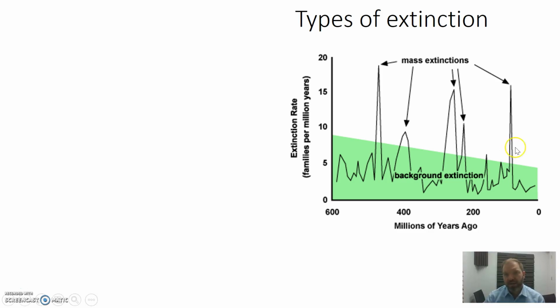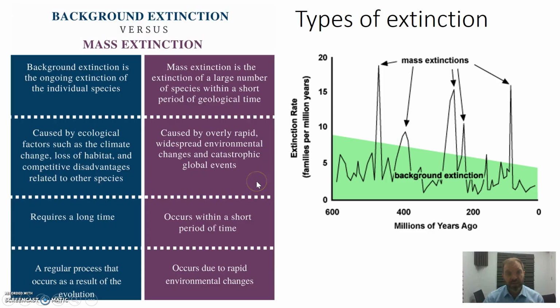But also throughout history we've had these mass extinctions where not just one species but multiple species or whole families or orders become extinct. In terms of the definitions, there are a few differences here that you can look through, but normally background extinction is something that's happening over a long time with a lot of processes as a result of evolution, whereas these mass extinctions often relate to catastrophes or sudden climate change. And we'll have a look at some of those.